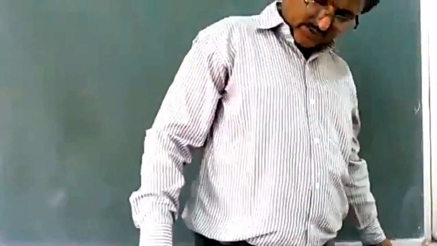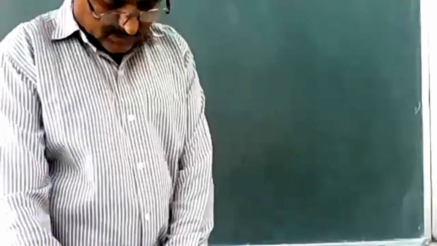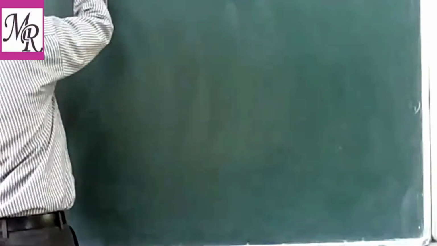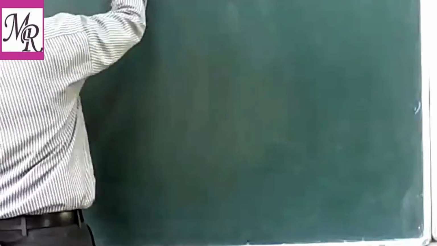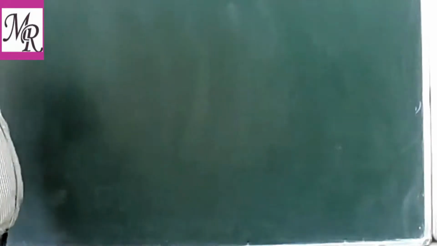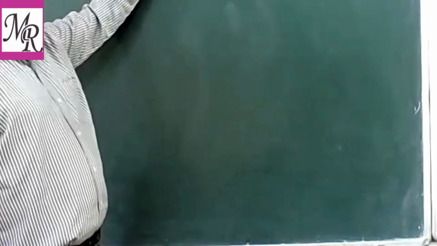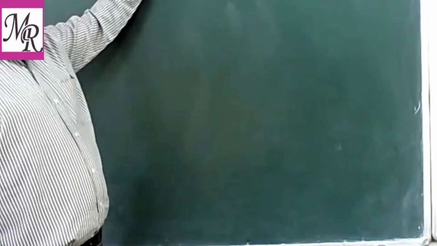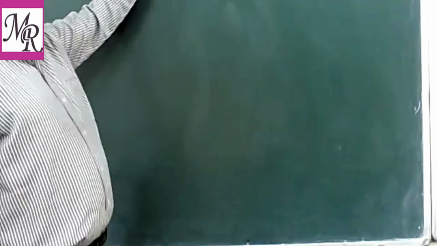Point where the constant function is continuous. So we can say that the constant function, we can say f(x) equal to k. Whatever value of x, there is no change in y. That is known as constant function. Clear? f(x) equal to k.